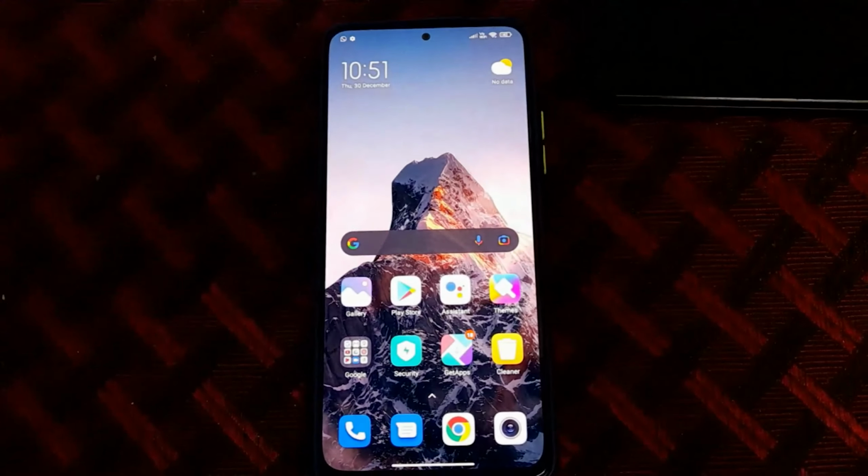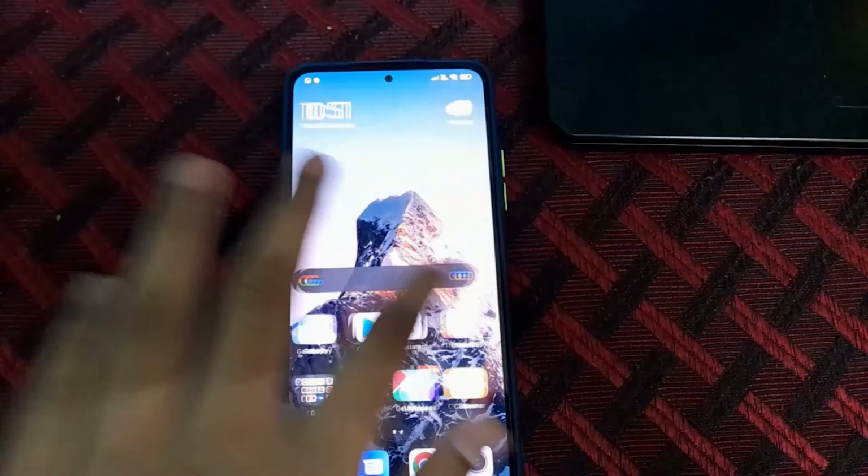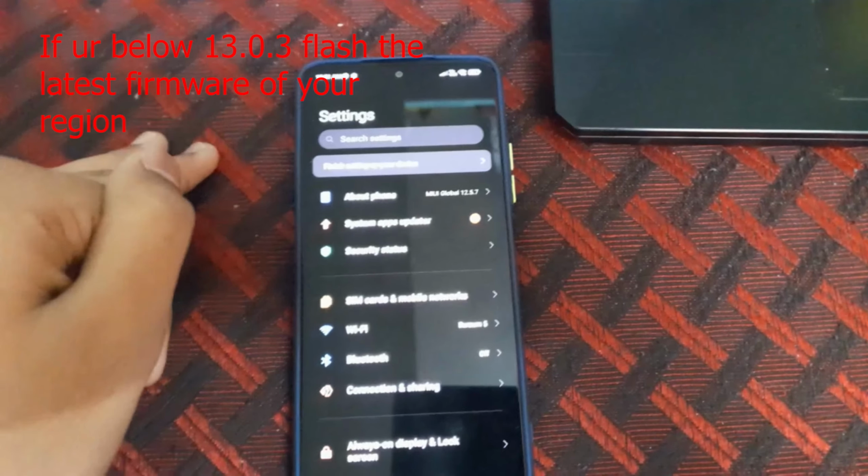So hi guys, in this video I will be telling you how to install Arrow OS 12.1 based on Android